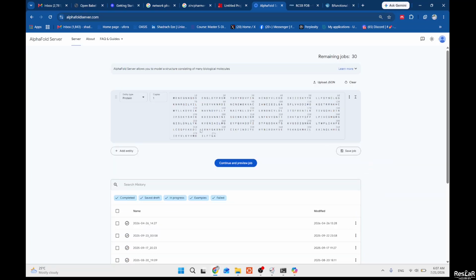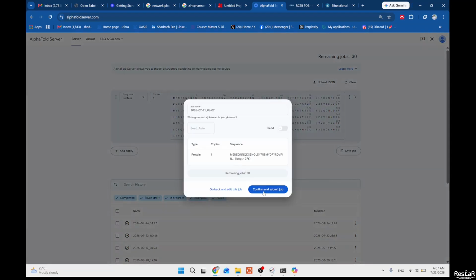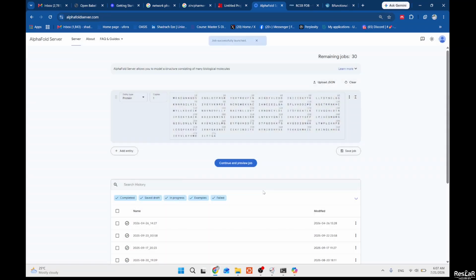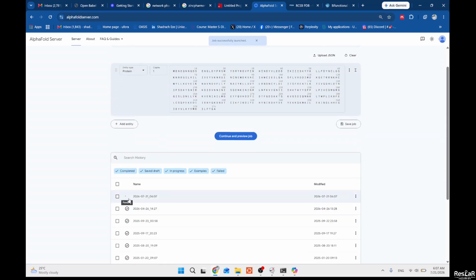So we are only going to predict the structure of our protein. So I'm going to just start running the job. So submit the job. It's going to take a little time. As you can see here, it's running. And then when it's out, we look at our structure,